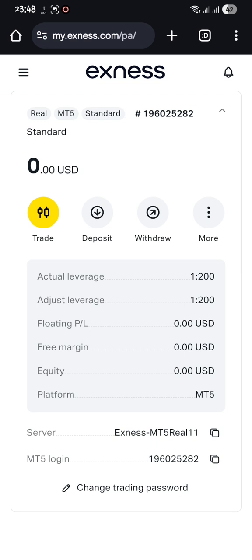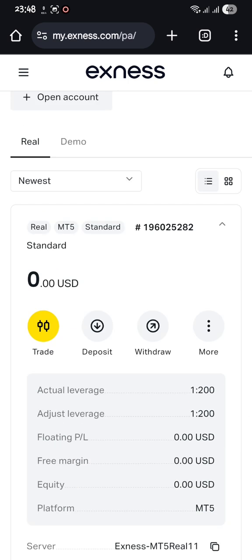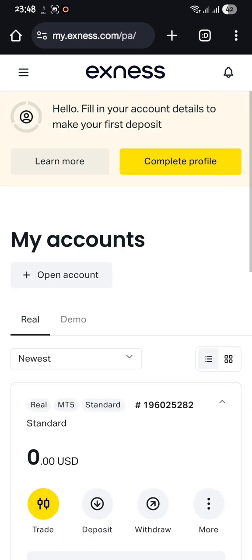If I want to transfer it to MetaTrader 5, I just change the password to the one that I need. Or if I'm not satisfied with that one, I can just open another account. So I can just tap here, open another account, and just before depositing any money, make sure that you complete